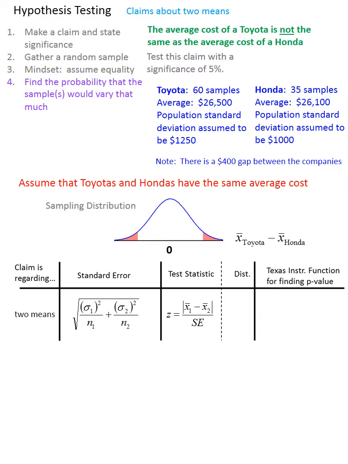Our test statistic will, as usual, be the number of standard errors that our $400 gap represents, and we're going to use the normal distribution here because it's assumed that we know the population standard deviations. And normal CDF will, as always, give us the probability of this $400 gap in samples. So plugging in all the numbers that were given,